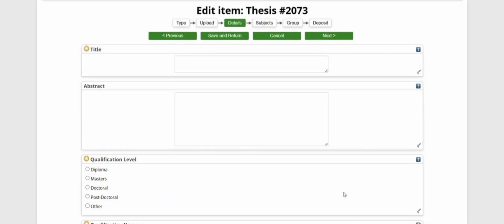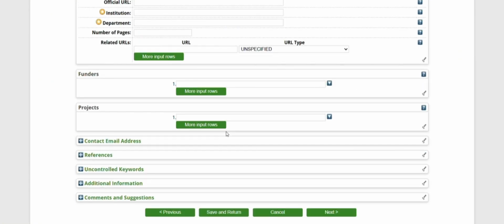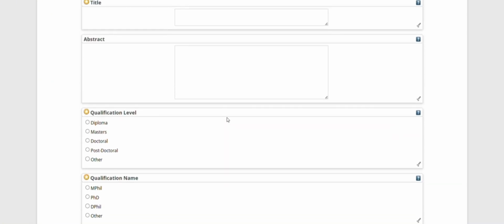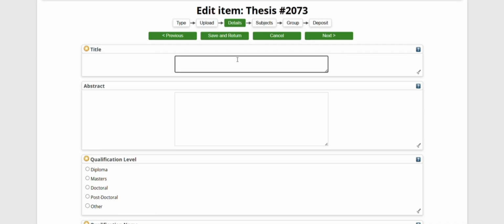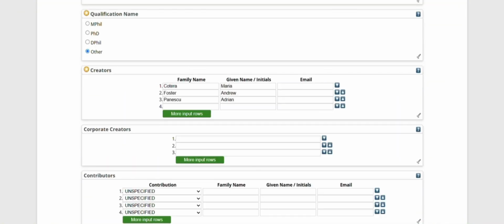The third step is filling in the metadata. This section is crucial for our documents to be easily indexed by search engines like Google Scholar. Some mandatory fields include title. We fill in the title column with the full title of our scientific work, fill in the abstract column, and enter the author's name in the creator's column by typing the last name first and then the first name. If there is more than one author,